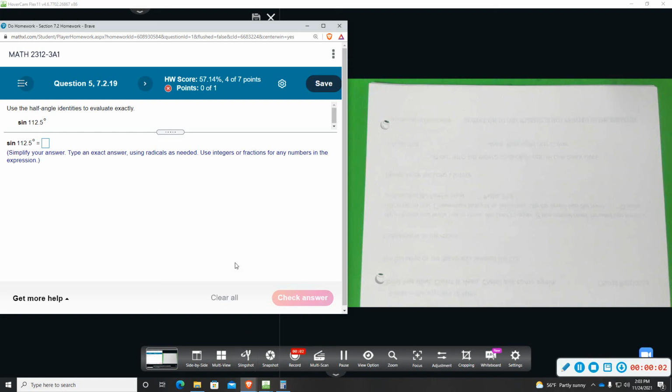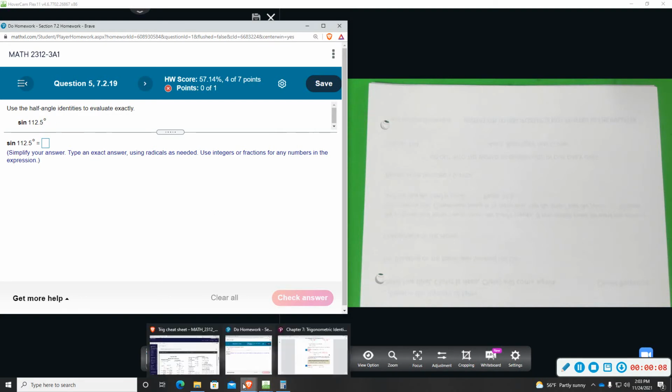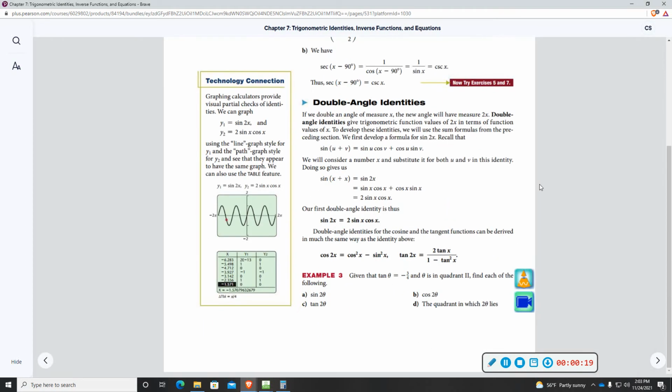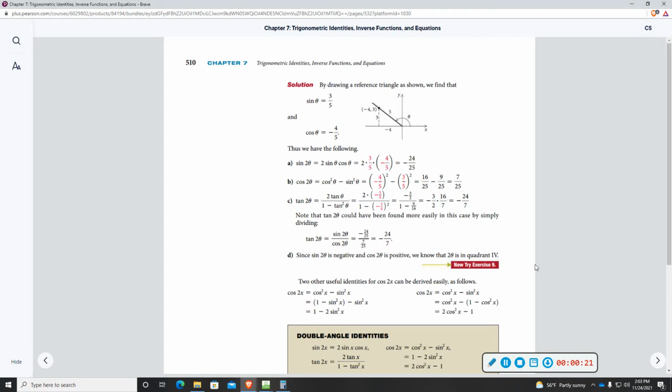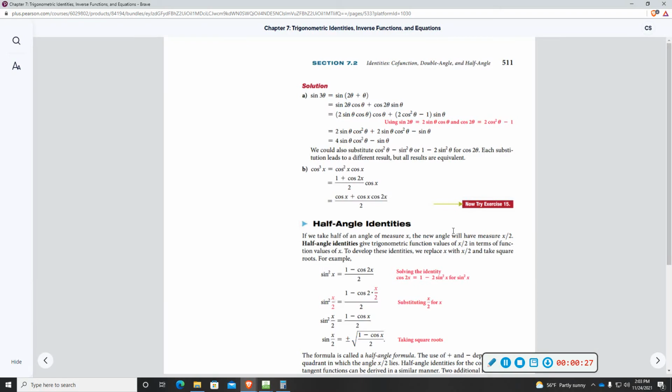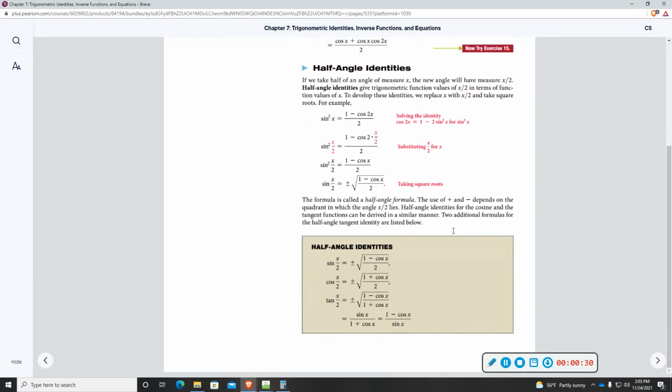Okay, number 5 wants us to use half angle identities. I'm just going to go ahead and recommend that you use the formulas given in the textbook. So I'm going to point those out here again. I will go ahead and do this one both ways, but when you have to do a half angle with tangent, it's probably going to be easier to use one of the book